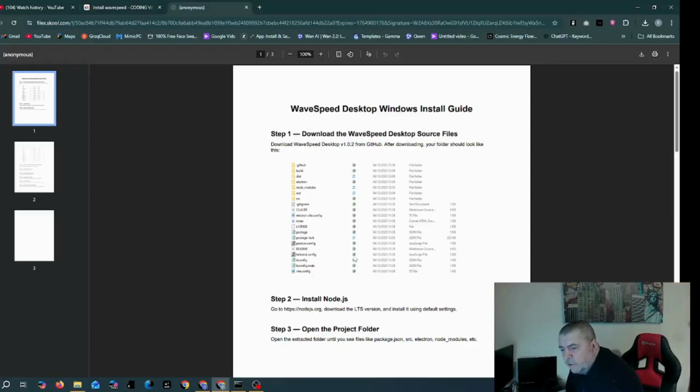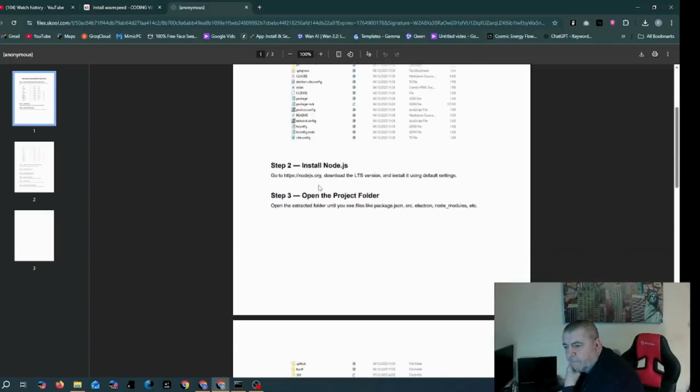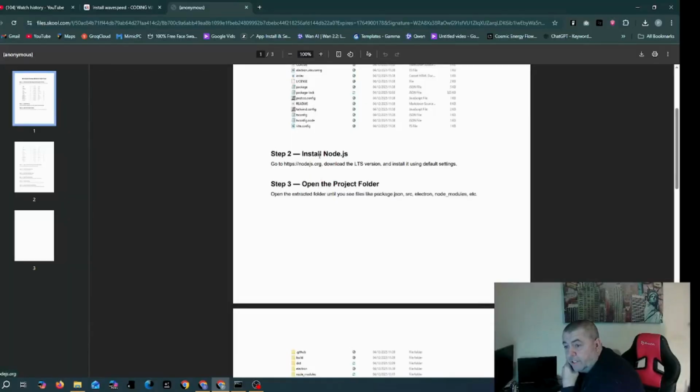Basically, first thing you need to do is get the actual folder and open the folder up. The link for the folder is in the school community. First thing you do need though is to install